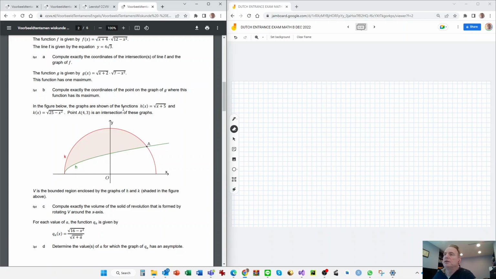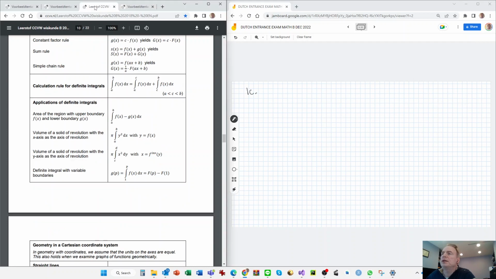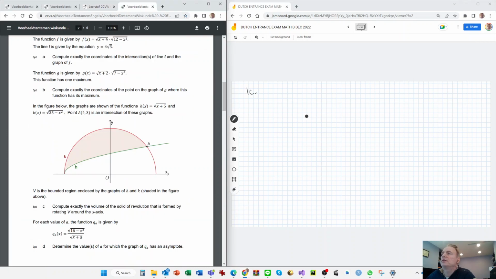Okay, let's try that. I thought there should be an absolute value. Well, okay, it's a square. So yeah, so you get